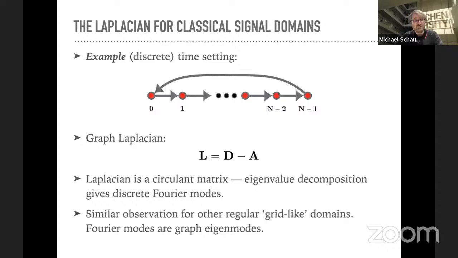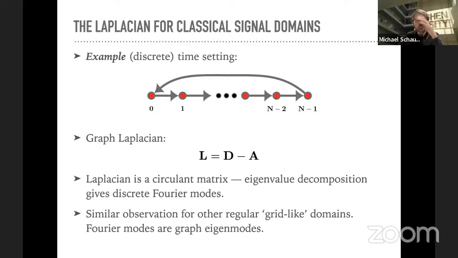Actually, it turns out that you can make similar observations for most of these grid-like domains in a very similar way, because you can think about most of these domains as product spaces, where the grid is a product of two lines, so you get Fourier modes in 2 dimensions and so on. And so now the twist in graph signal processing is to say, in some sense, that, okay,